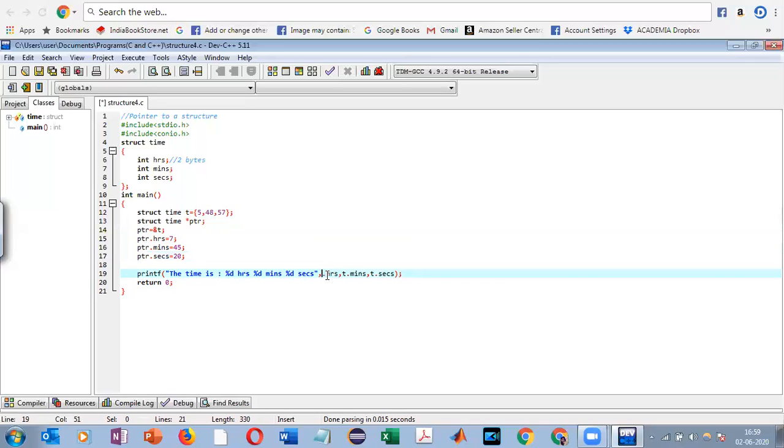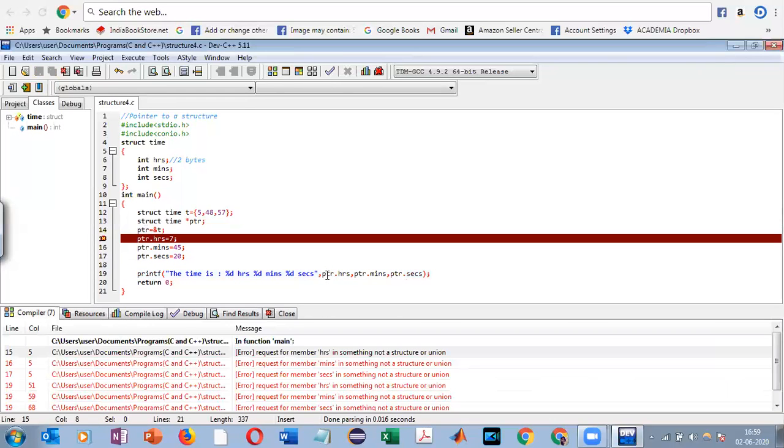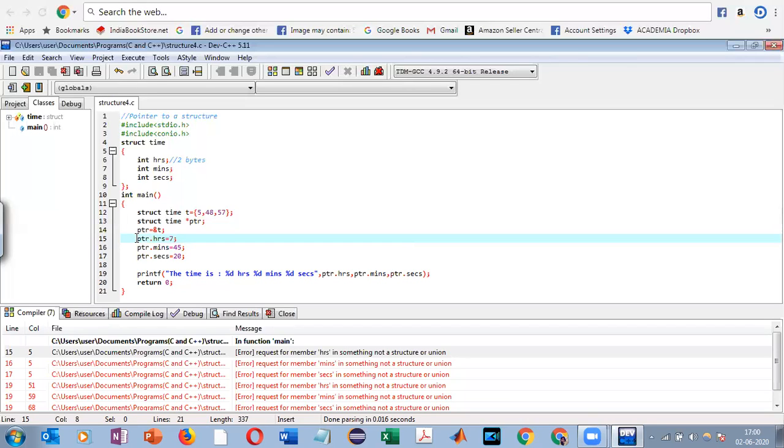So let's see whether we get a proper output or not. No, because PTR is a pointer. PTR is not that structure type variable itself. It is a pointer. So we have to use the asterisk sign.